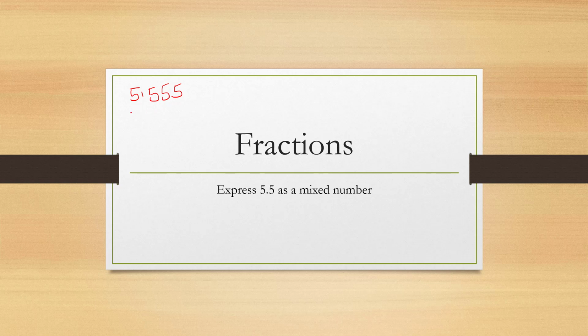number, we can first of all let r, any letter, be 5.555. Then we call this equation 1, and then in equation 2 we can multiply both sides by a multiple of 10, like let's say 10. So if we multiply r by 10, we have 10r equals, and if we multiply 10 on this side, we have